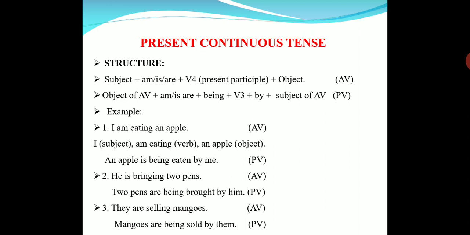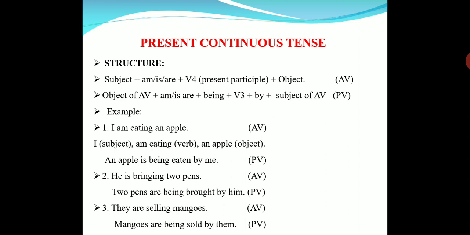Okay, now let us change it into passive voice. So what is the second rule? Object becomes subject. What is the object? An apple. An apple has become subject. And what is the suitable be form? An apple is third person singular. So an apple is. Next be form, being. It is present continuous, so always being. Whatever continuous form is there, we have to use being. And what is the V3 of eat? Eaten. Next by. Next I becomes me in the place of object. What is the total sentence? An apple is being eaten by me.